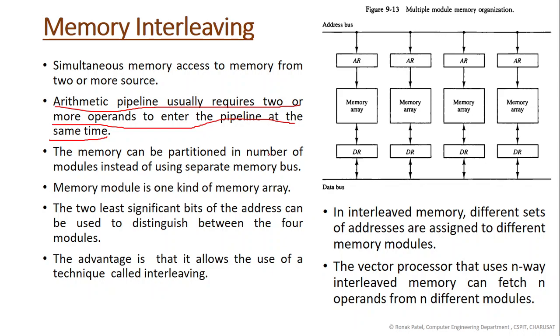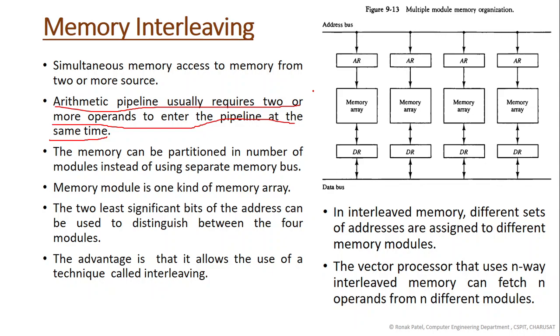So the memory can be partitioned into a number of modules instead of using separate memory buses, right? Rather than giving a separate memory bus to one memory unit, if I consider only one large memory and then give different buses,